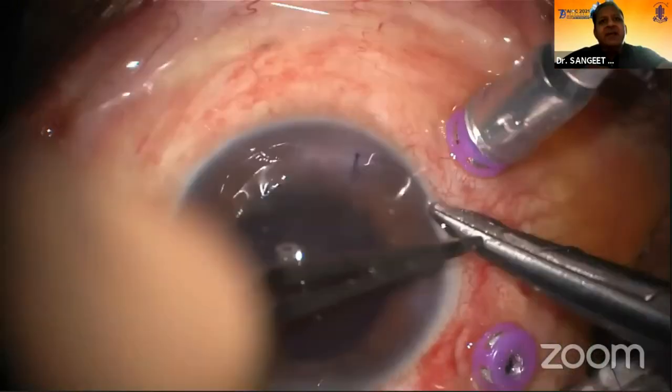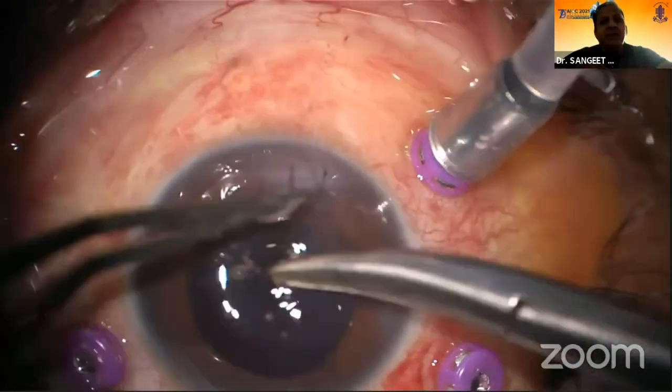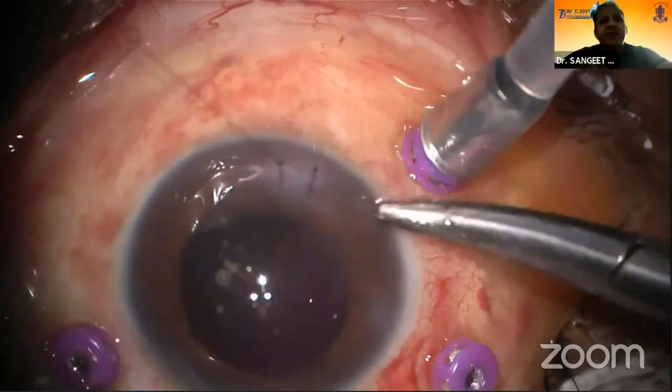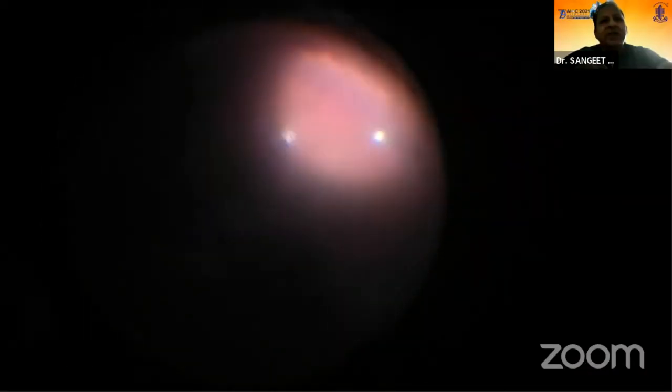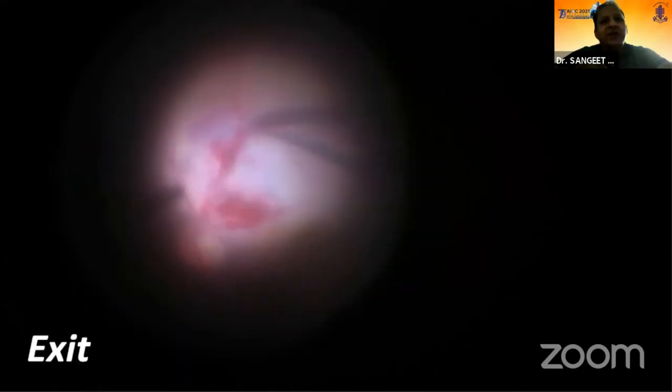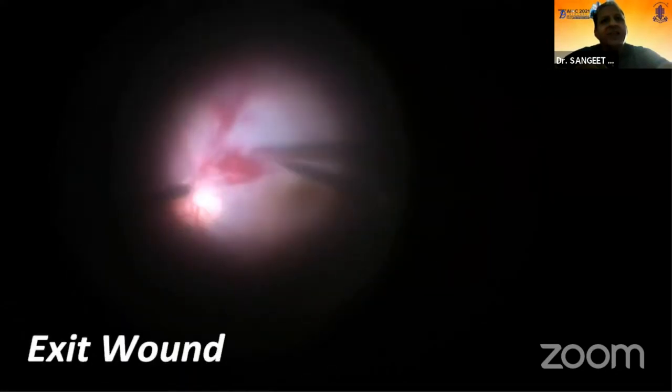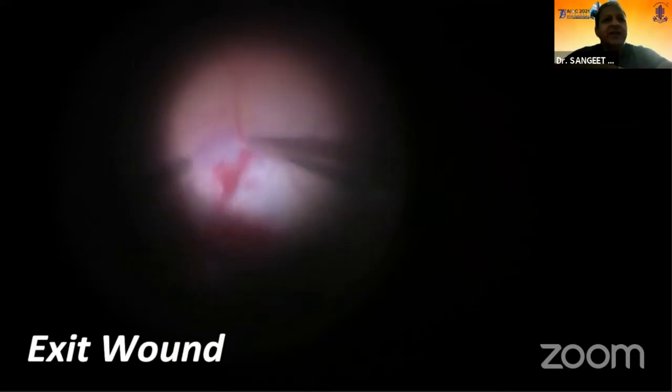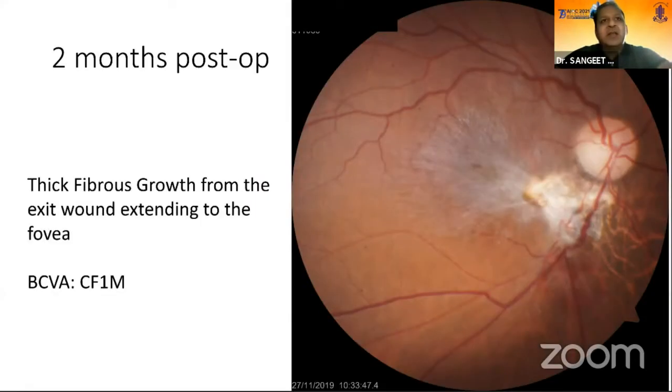And after that, vitrectomy was done. All the vitreous hemorrhage and the exudates were removed. And you see that there is an exit wound along the inferior temporal vessel here. At this moment of time, I did not touch it. It was a little bit of necrotic retina. And what you see later on, 2 months post-operatively, although the media view was clear and endophthalmitis was controlled,